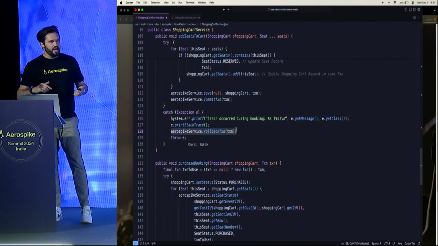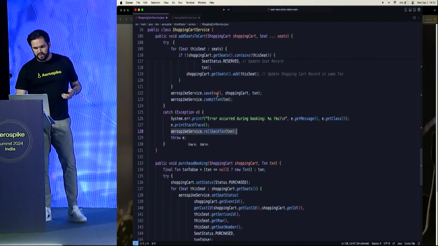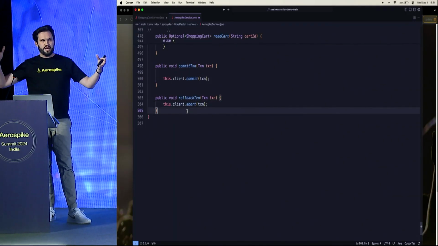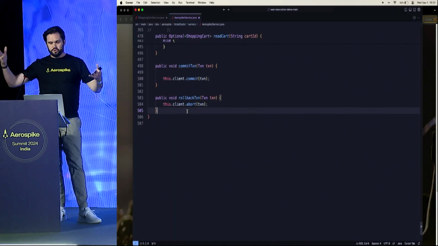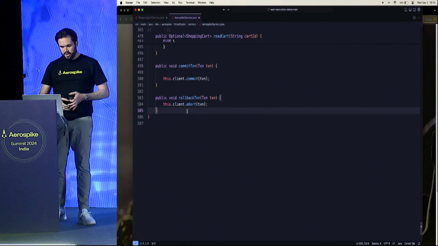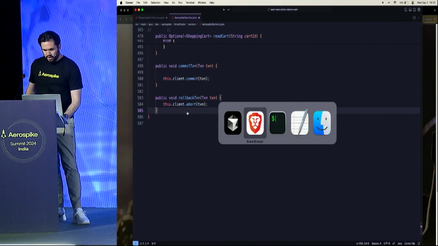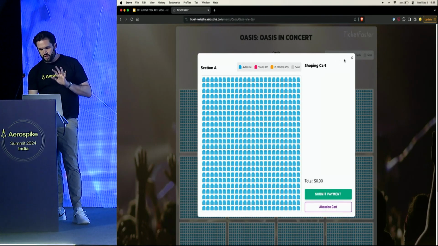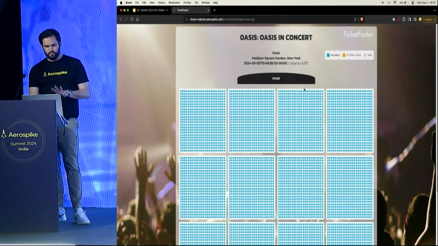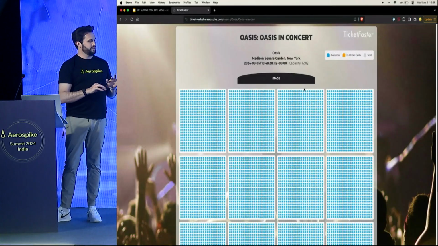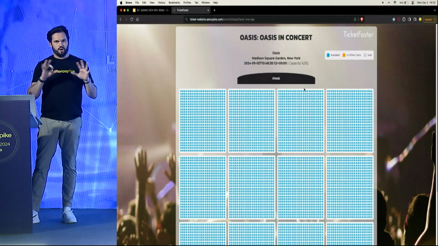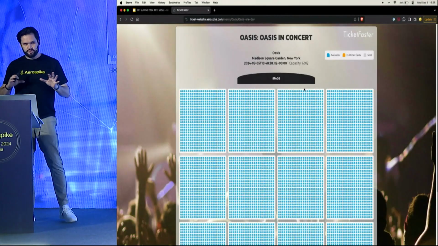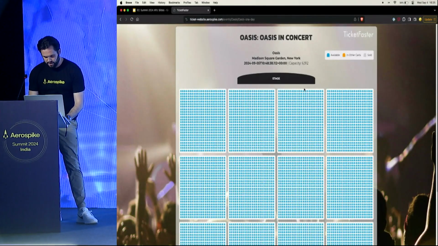In my demo, I'm not actually doing anything with that data. If it fails, I just abort. Of course, you could use that to present something to the user and say, sorry, this failed, or explain it in any other way. This is the code that we will ship with the beta. Right now we're in a state of preview, and I'm going to give you some details in a minute as to how you can be part of that.